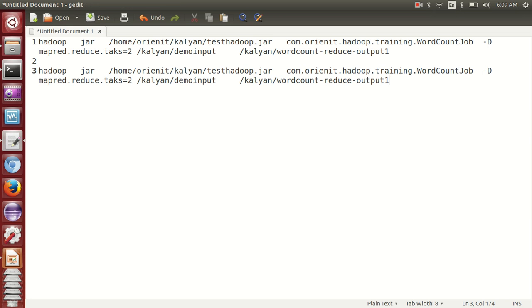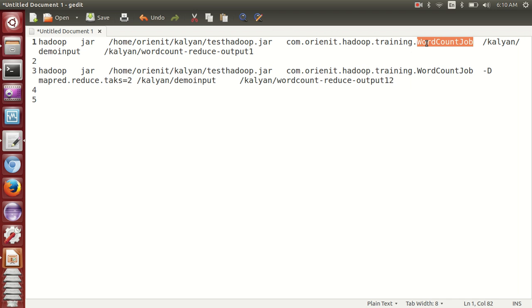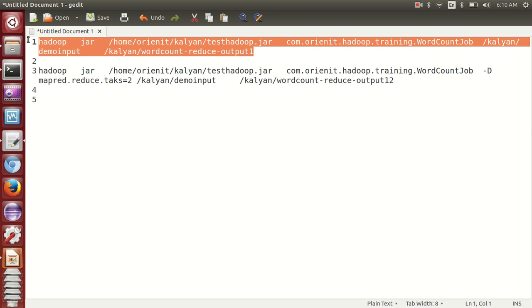This is the command. Before going with the exact command, let me first run it without -D. Then we'll execute it with -D also, so you will see a clear difference between these two. As part of this discussion I'll be executing WordCount. If you want more clarity on this program, you can visit my previous videos on how to prepare a jar, how to write a WordCount program and how to execute our job command. Now I'll just talk about how to change the properties dynamically. That is one concept. Now I'll execute the first command here.